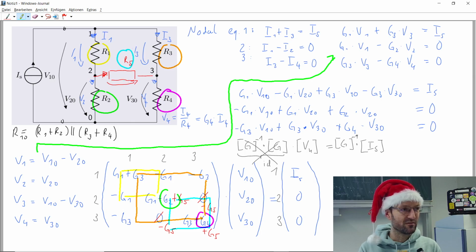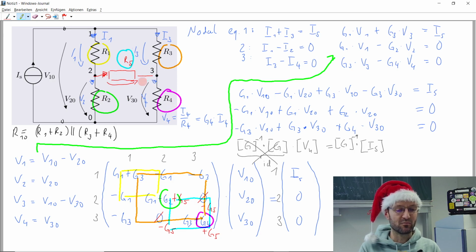Should it stay constant? Probably not. I mean, it would probably stay constant if R1, R2, R3, R4 were all equal, because then we have a symmetric problem. If we add this fifth resistor, it would not break up the symmetry, and nothing should change. But this is 2 kilo ohm, the others are just 1 kilo ohm. So this side is different than this side.